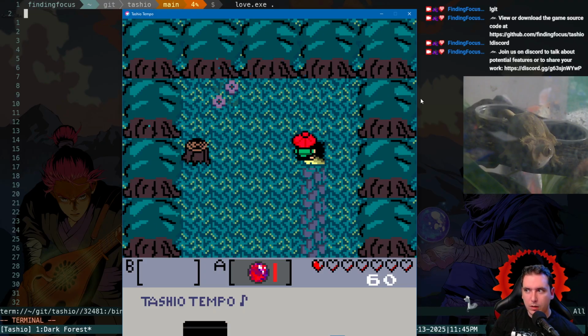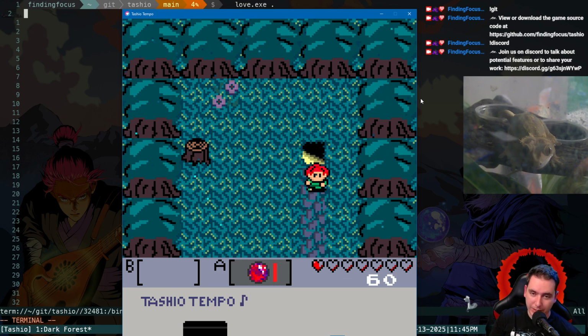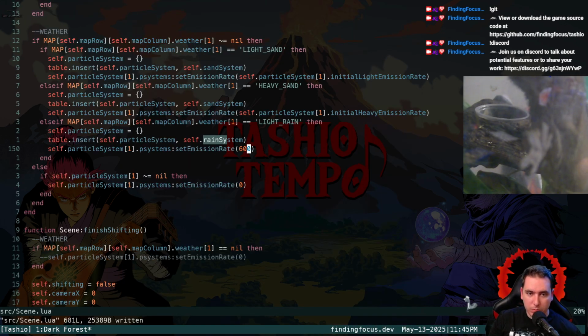Cool. So the idea here is we'll put a boulder on top of this dungeon entrance so that if you don't have the green tunic, you can't get in. But once you do get the green tunic, you can push it out of the way and then go there. So I do want to see